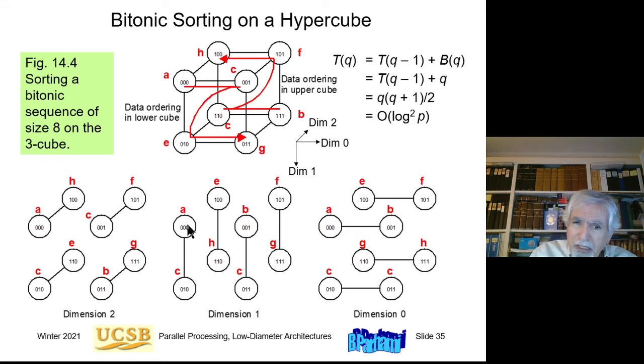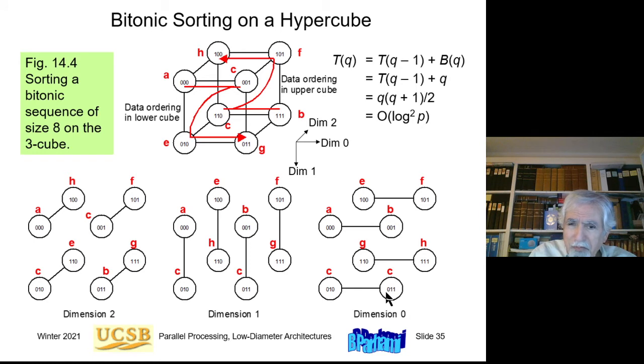Then we communicate along dimension 1. A, C, okay. H, E are out of order, so we fix the order. C, B are out of order, becomes B, C. And F, G already in order. And finally communicate along dimension 0. E, F, A, B, okay. H, G are out of order, so they become G, H. And C, C, they're equal, so